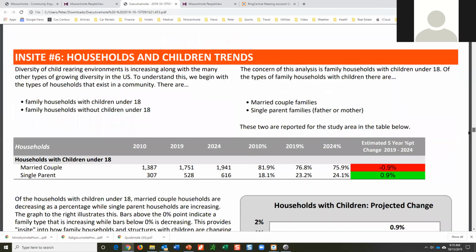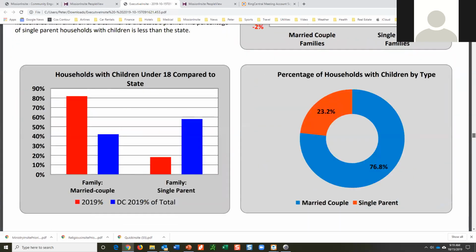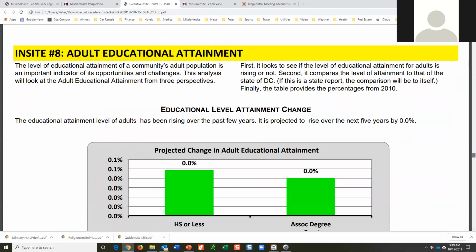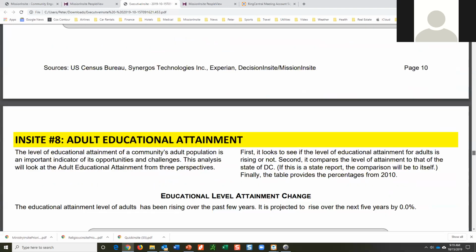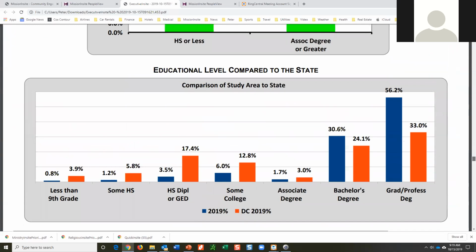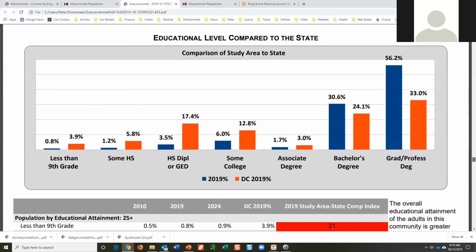So that is part of this report. Again, just moving through, I want to come down. Here's education. And as I mentioned, everything is indexed to the state, in this case, the district. So we can see what's true in this zip code compared to the entire district.